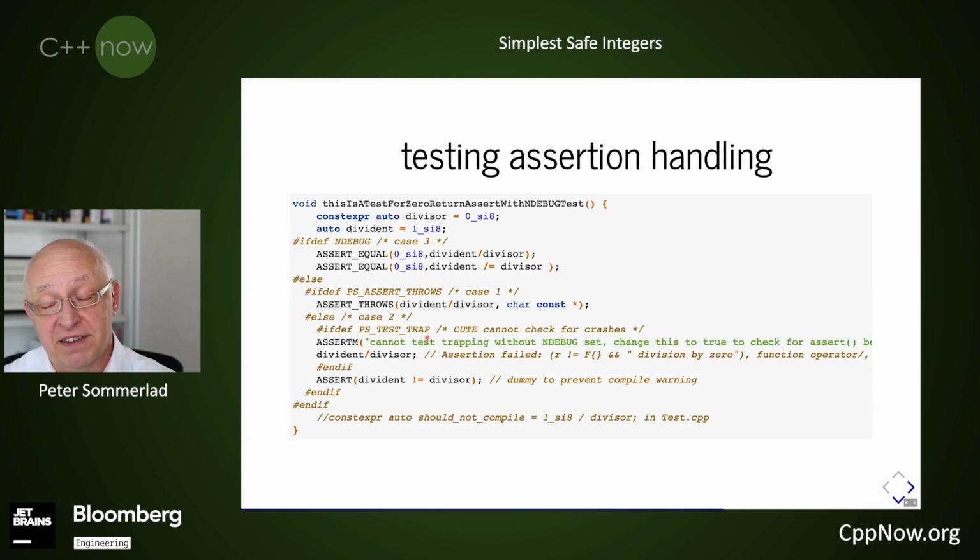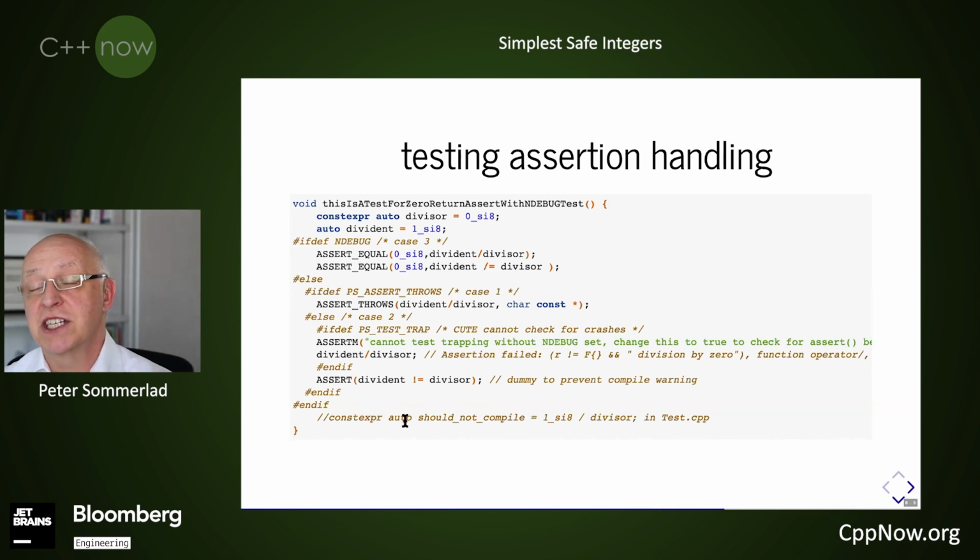Now, how can we test these things? We have 3 different compile paths to our code, and we want to test those. In the debug case, we want to make sure that we actually get a 0 result from a division by 0. And in the case of the assert throws, of the throwing part, we have another macro specific to the framework to make sure that it actually is throwing. In the assert case, we cannot test the program abortion that happens from the failed assert, but we can cheat and just test when a test case fails when it's there. And there are some things to prevent the compiler warnings.